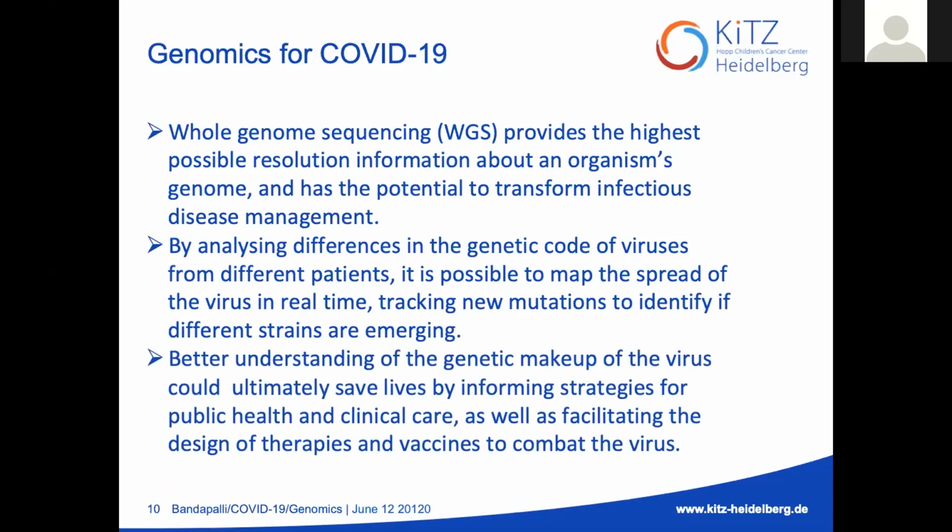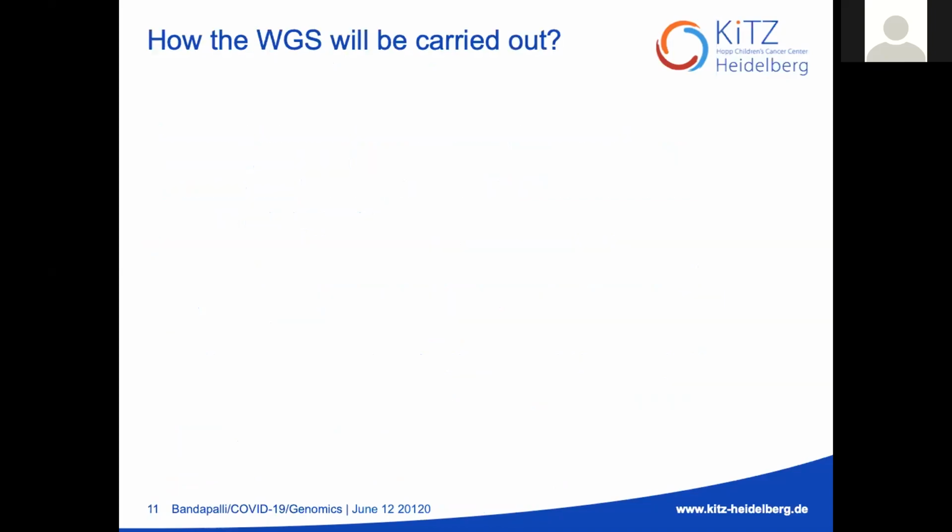A better understanding of the genetic makeup of the viruses ultimately saves lives, because you can quickly identify the pattern of spreading, what the mutations are, and whether the mutations are leading to severity or mild conditions, so that you can reassess and reorganize your priorities and approaches, where to put your efforts and where you can take things easy.